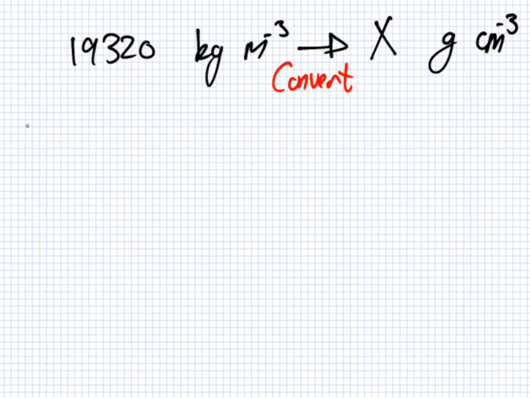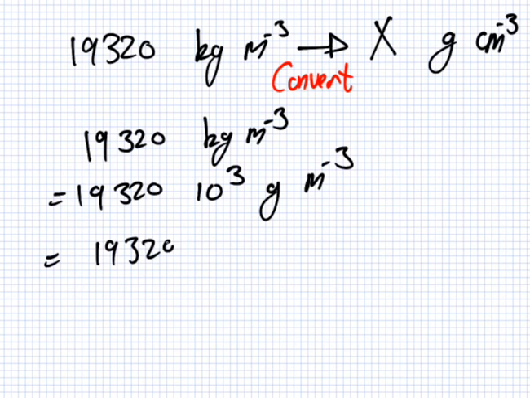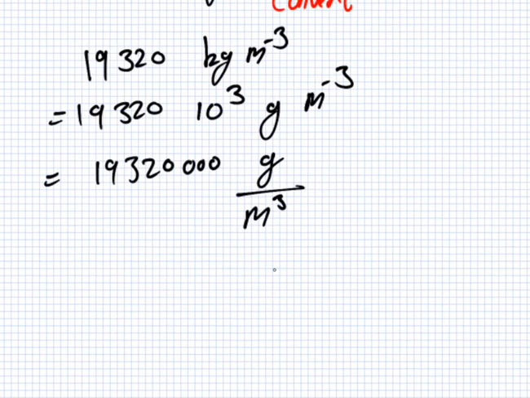Some materials have high density. Gold, for example, has a density of 19,320 kilograms per meter cubed. Okay? So that's saying that there are 19,000 kilograms in a meter cubed of gold. It's a very dense material. But of course, we don't usually have a meter cubed of gold. I know I don't have a meter cubed of gold.